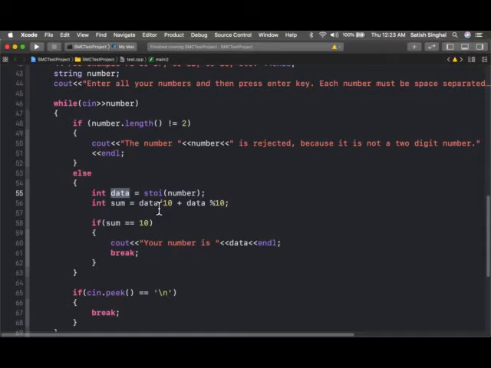Understand, it has to be 2-digit. We already took care of that. So let's say it's 19. 19 divided by 10 will be 1, I'll get my first digit here, plus 19 modulus 10 will be 9. So my second digit will be 9. So 9 plus 1 plus 9 will be 10, and then it will say sum equals 10, and it will actually print that. And it will break out of the program, and